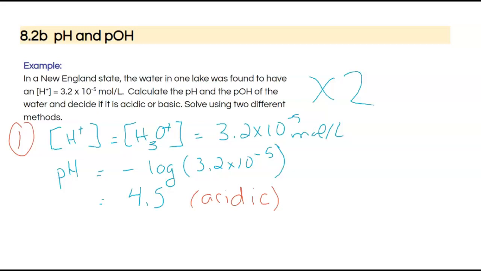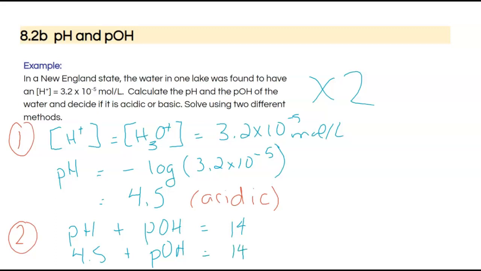So in the second part of this, I'm going to show you the whole first way of doing it, and then I'm going to duplicate this slide and show you my other method. So now that I know the pH, finding the pOH is easy because pH plus pOH is equal to 14. Substituting in my 4.5 for my pH, I get that the pOH is equal to